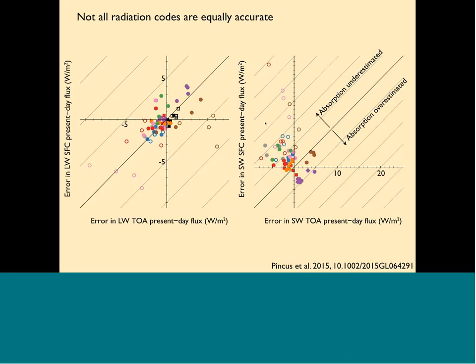Not every radiation code is equally accurate, and this is from an assessment that we did last year, looking at a variety of models. Here we were focusing on climate models, so those participating in CMIP. The open circles are those models that participated in CMIP5, and the closed circles are the current iteration of those models. The different colors represent different modeling centers' contributions, and there are 4 dots for each contribution because we looked at 4 different cases. The left-hand panel is the longwave, the right-hand panel is the shortwave, and basically